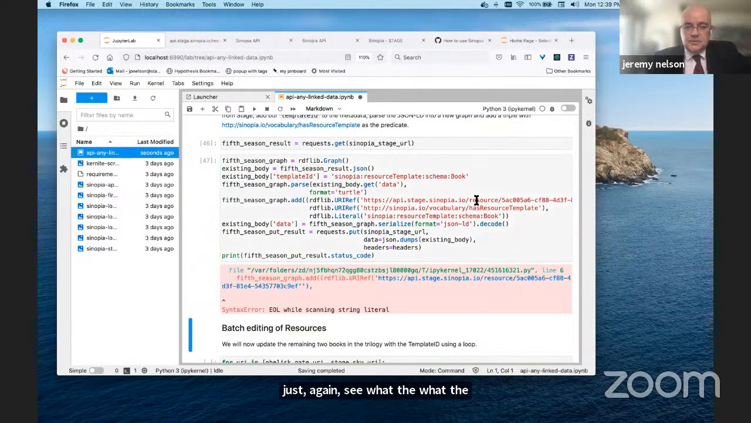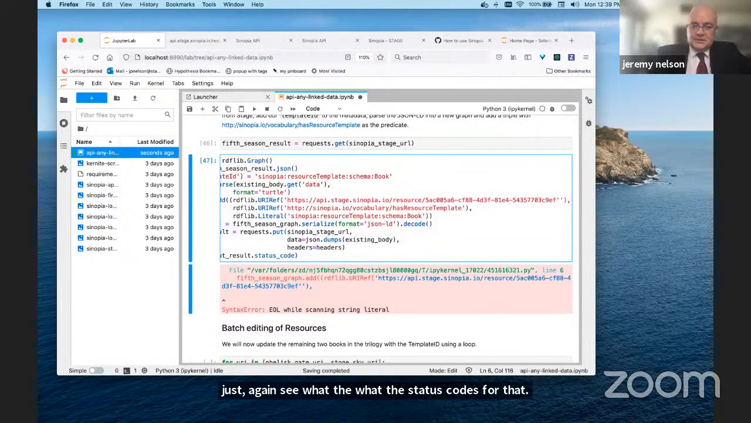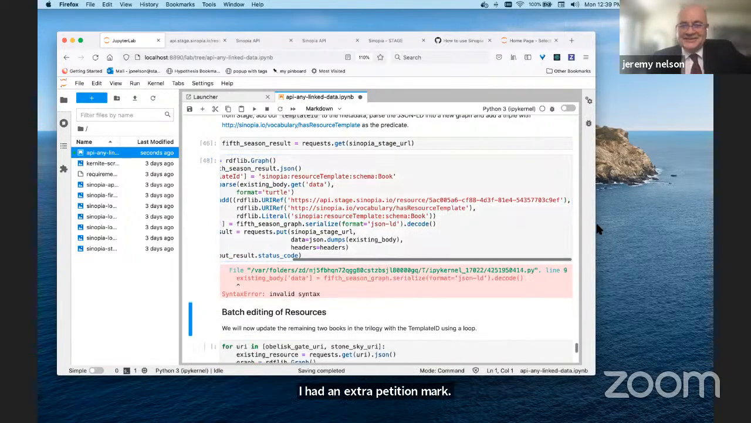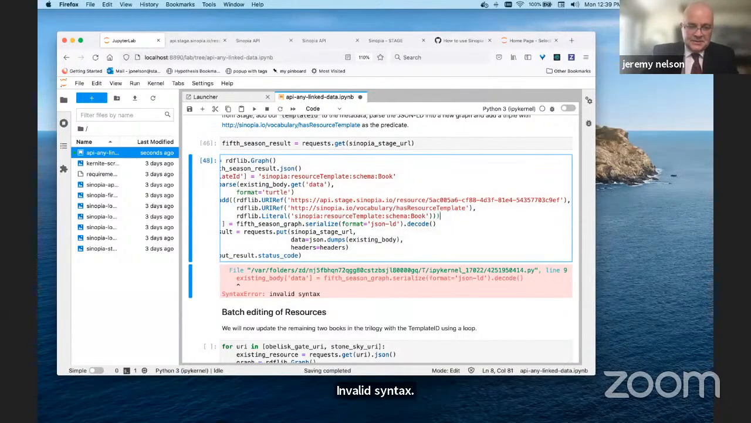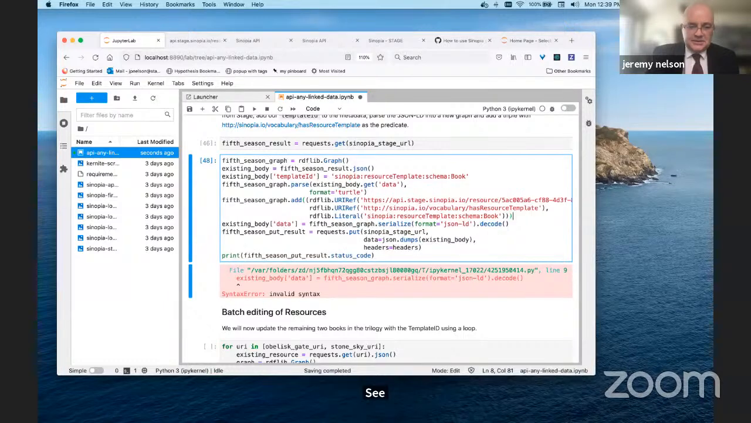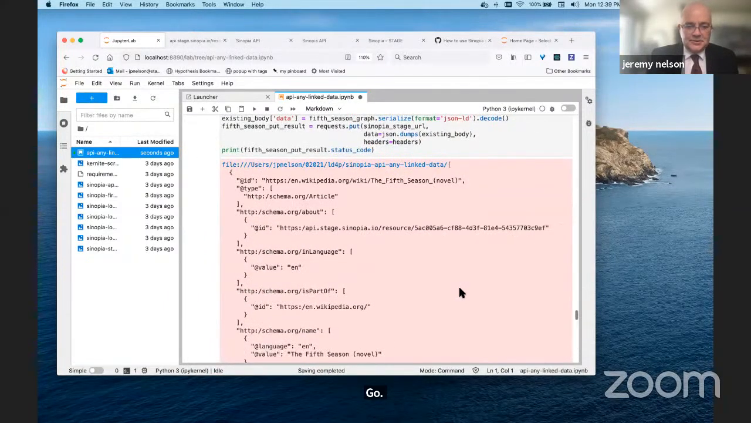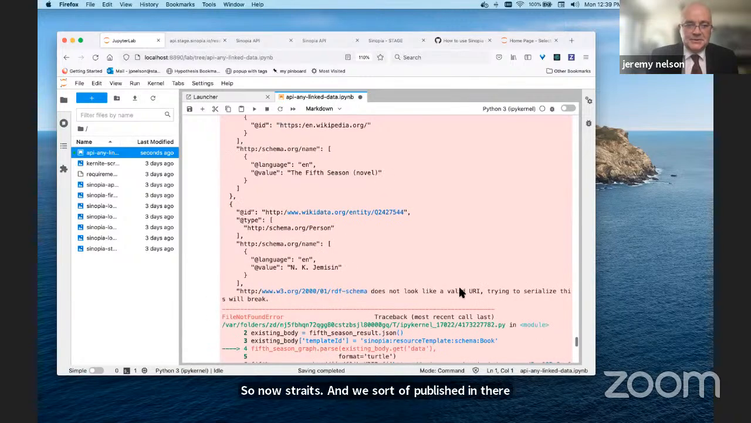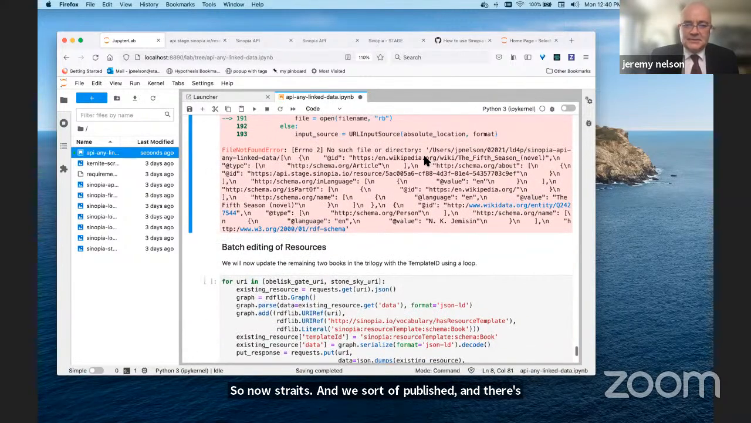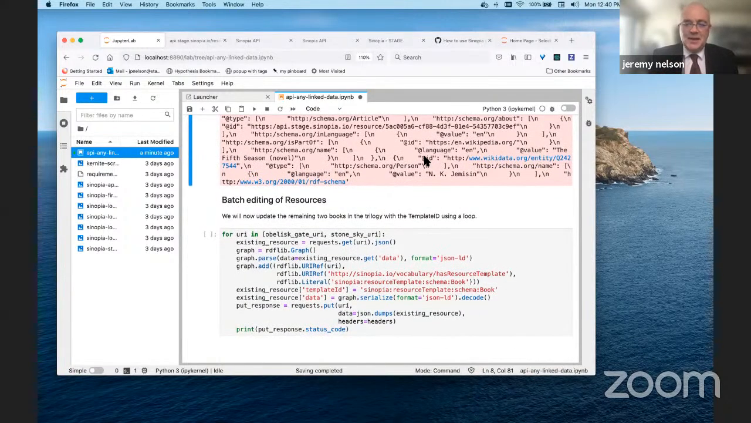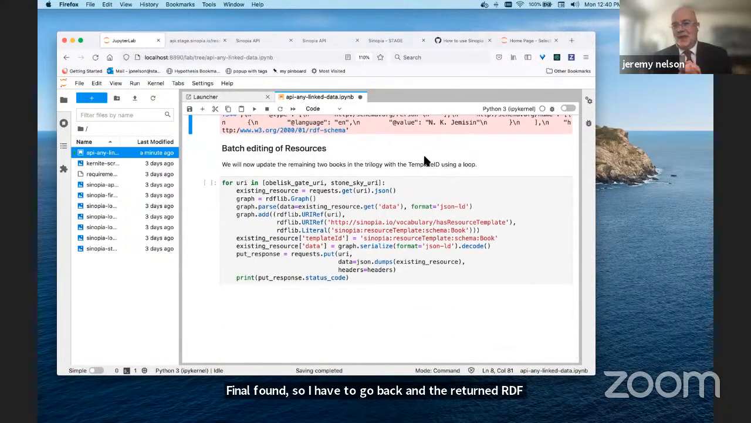Let's see, what do we want? Oh, I had an extra quotation mark. Thank you. Invalid syntax. Let's see. Oh, and I'm missing something. There we go. So now let's try this. We published, and there's our result that returned back: file not found. So I have to go back, and the returned RDF needs to be adjusted to reflect that new URI. I'm not going to do that, but hopefully that illustrates how you would update existing